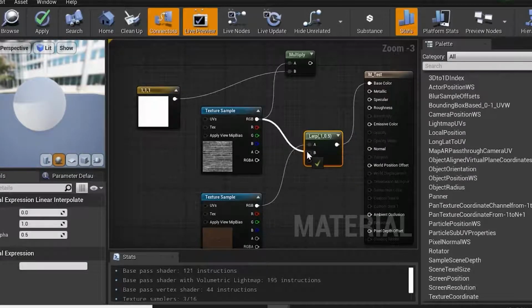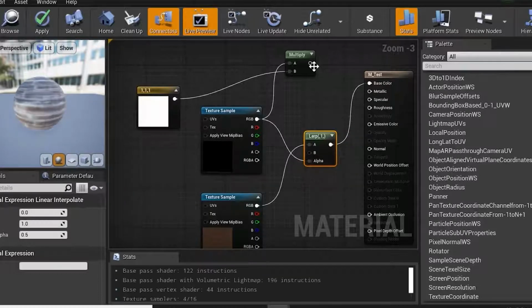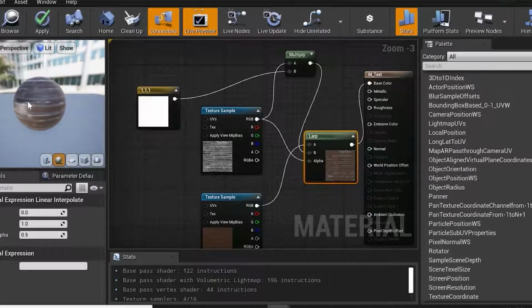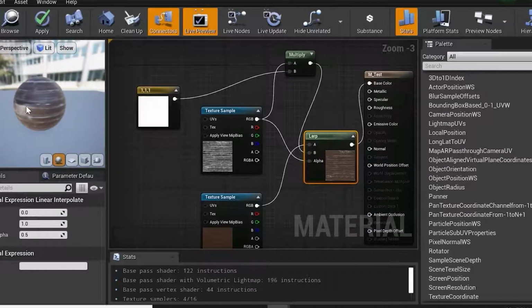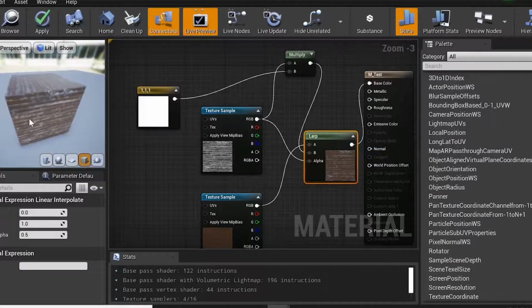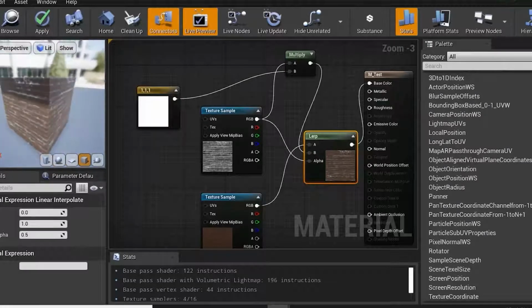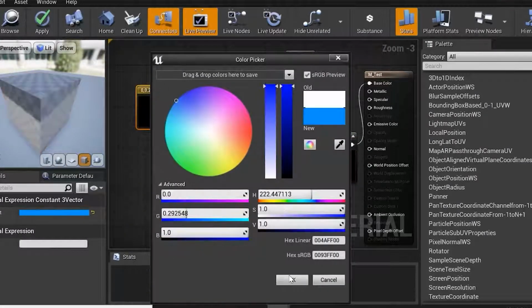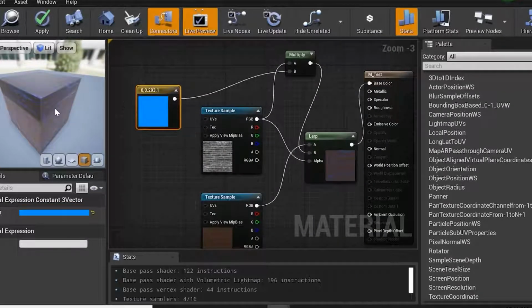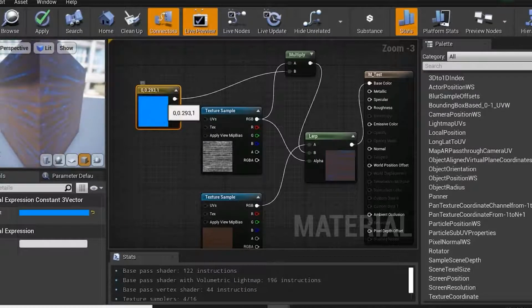My RGB will go to my alpha. This has to come into my alpha. And this A will go to my B. I'll just press this. Here you can see we have used these two textures in our single object. Just one second, I'm just applying. Here you can see over here. Now if I change that color into this blue color and say OK, here you can see we have applied two textures into my base color.